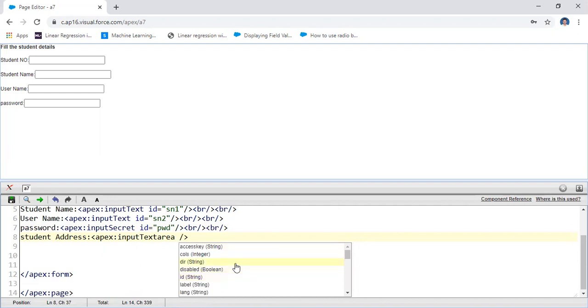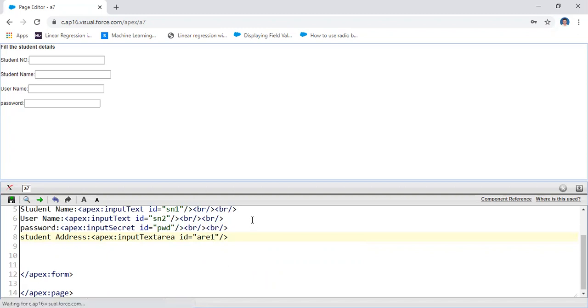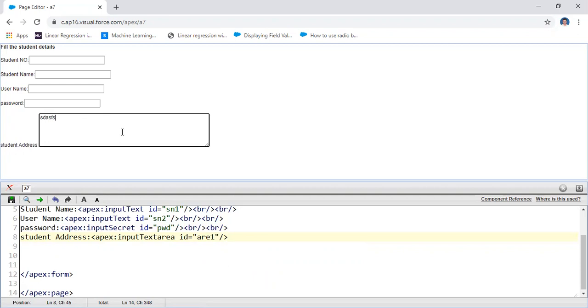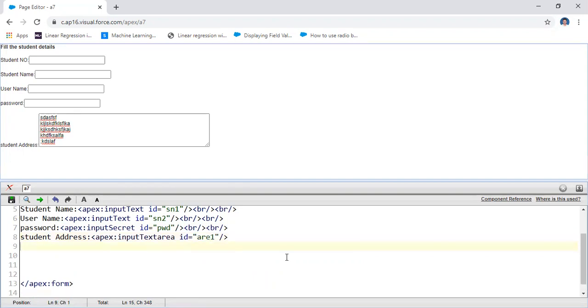Later you will discuss what is the value, in the sense you have to collect it in the objects. You will discuss all related information. id equal to, for example, area1. This is the text area. The address here indicates the text area. That means there is no option, you may increase the text area value also. Here you will type anything, all the information. In this way you will form the text area.